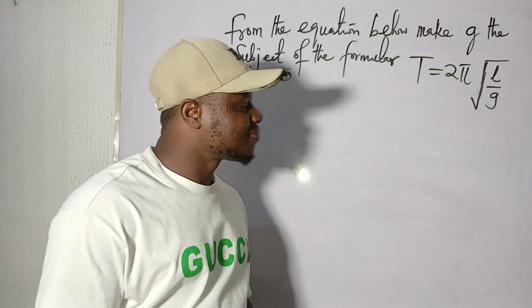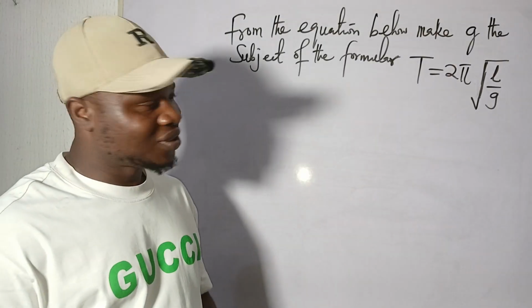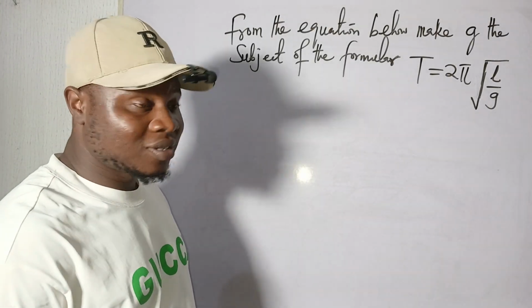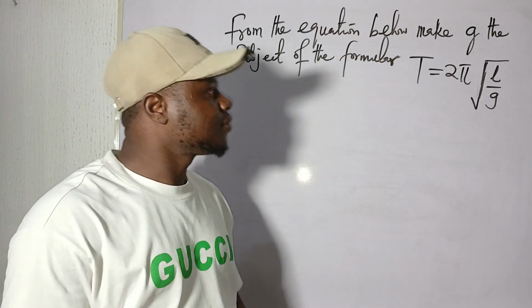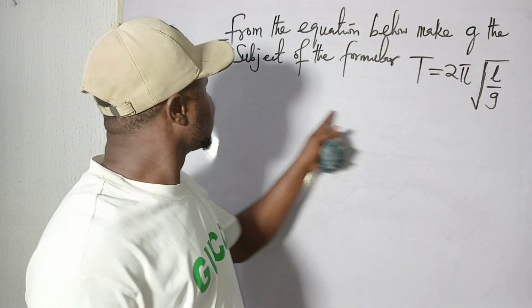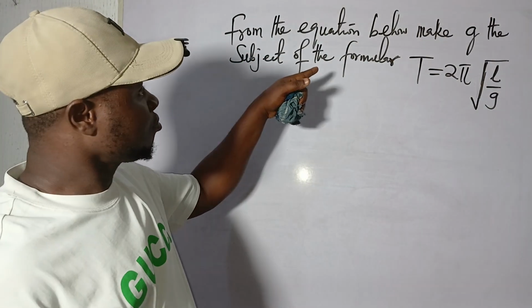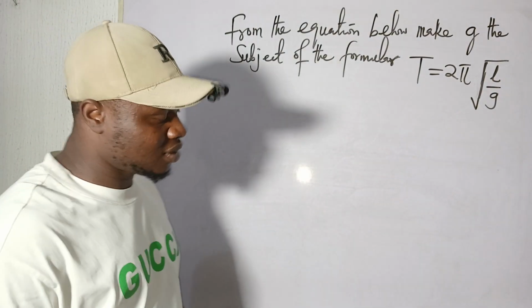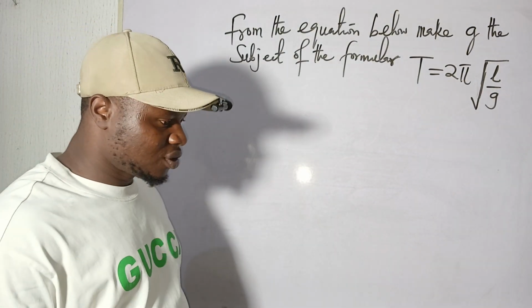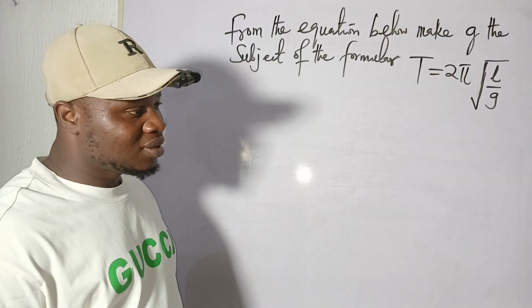My beautiful students, let's look at this question we have on the board. And the question is coming from where? Subject of the formula. So we are given, from the equation below, make G the subject of the formula. So when we say subject of the formula, it means that